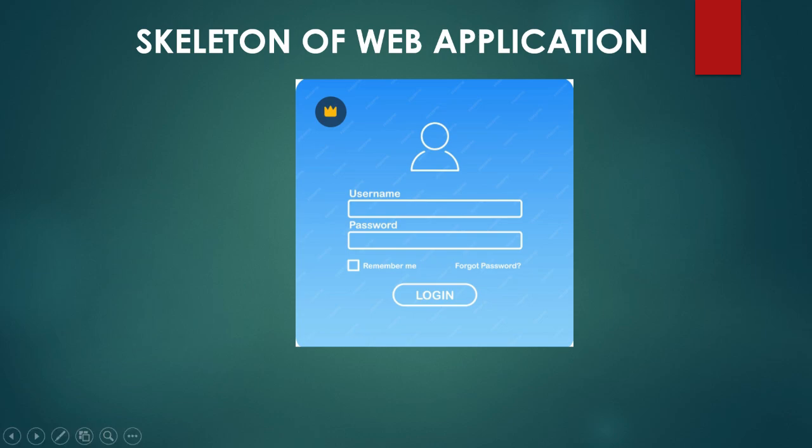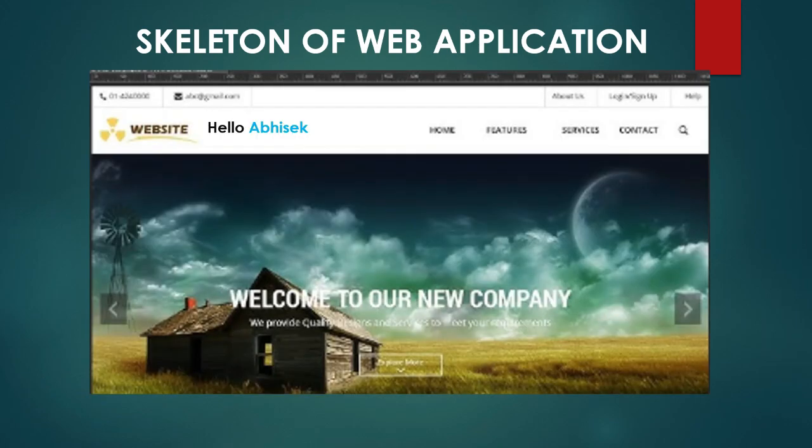Let's say this is my username and password. I have typed Abhishek as my username and the password is 9123. This username and password I have already created and it is already stored somewhere. That's why I am typing Abhishek and password 9123. When I click login, if the username and password are both correct, then it will redirect